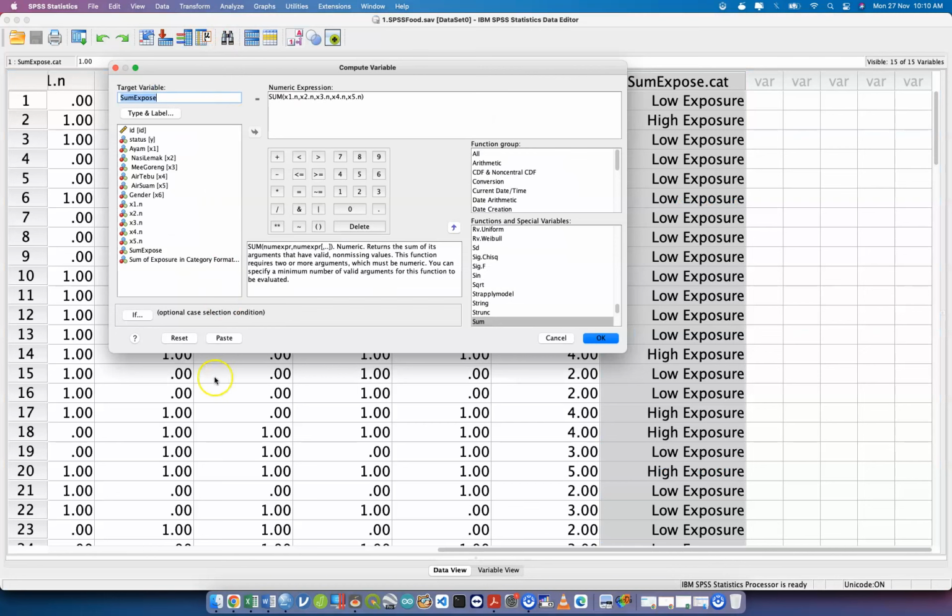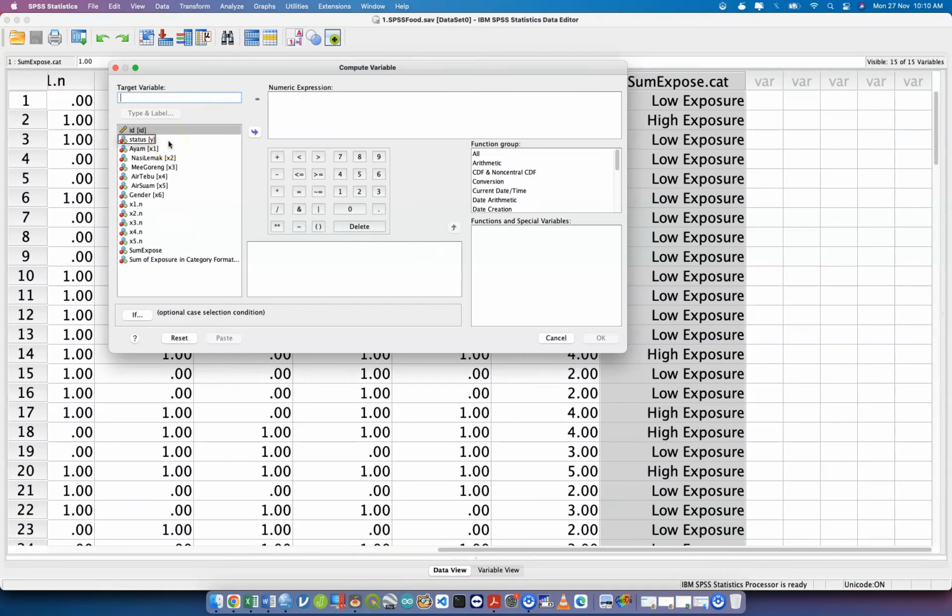Let's say ini benda yang tak betul, tapi just contoh sahajalah. Sebab y kita kan dia adalah dalam bentuk apa? Status. Y kita adalah dalam bentuk text bukan. Dia ada dalam bentuk categorical output kan. Dia adalah yes and no, betul? So sekarang ni saya nak ajar linear regression. Jadi linear regression mestilah IV dan DV adalah numerik. Jadi sekarang ni exposure saya dah ada dalam bentuk numerik, betul? Jadi saya punya DV bukan dalam numerik. Jadi kita nak membuat konon-konon satu DV yang numerik. So kita buat kat sini kita namakan dia sebagai dummy